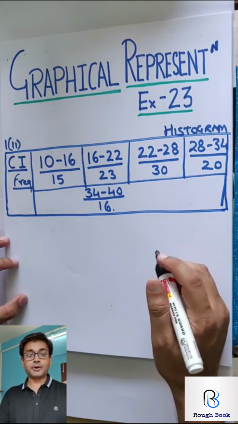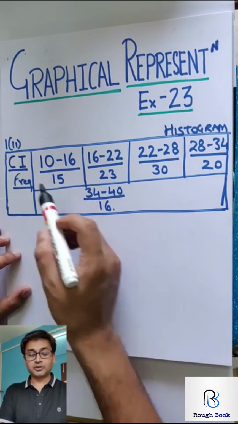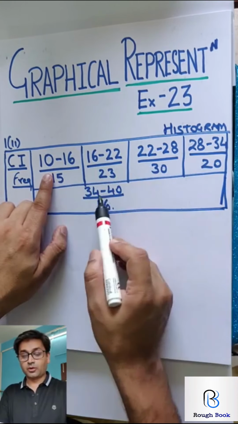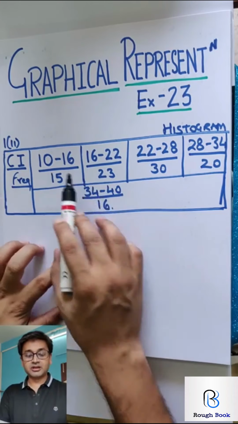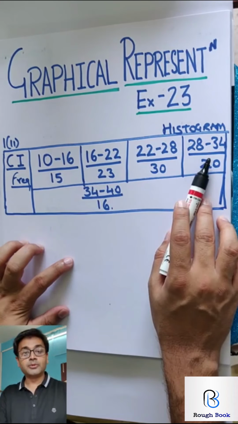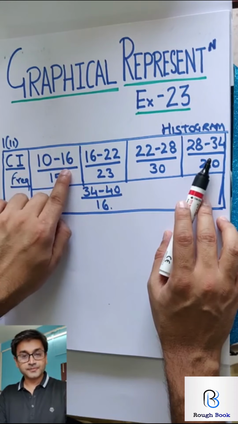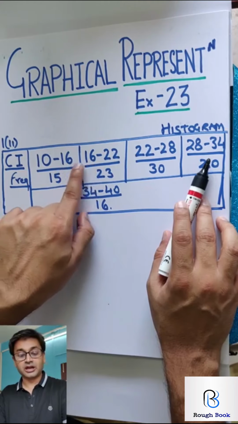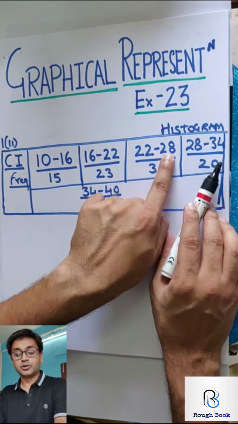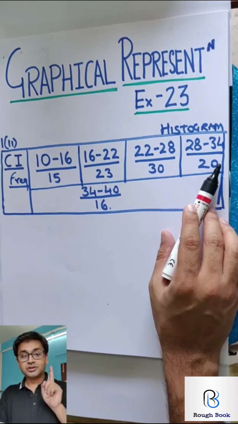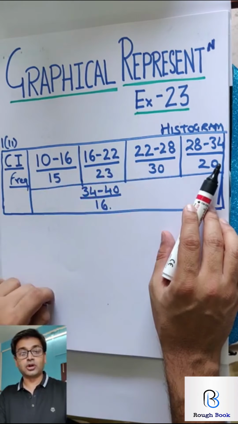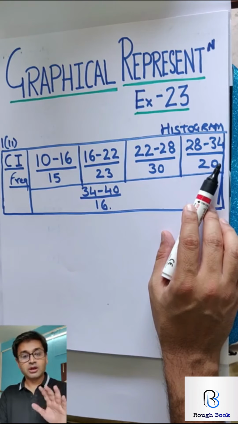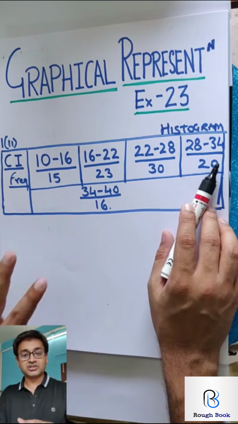The first sum, 1 part 2, is what we are focusing on. It talks about CI, that is class interval, and the frequency. Class intervals are all in order. The first thing you need to see is whether the class intervals are continuous. What do I mean by continuous? 10 to 16, 16 to 22. It should not be 16 and then 17. This should be continuous or connected: 22, 22, 28, 28. That is called continuous. So the first thing you need to notice is whether they are continuous or not. If they are not continuous, then we need to make them continuous. How? That I'll tell you later when we reach a question of that type.